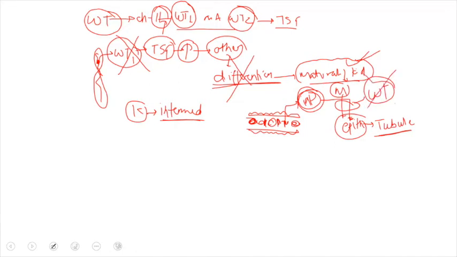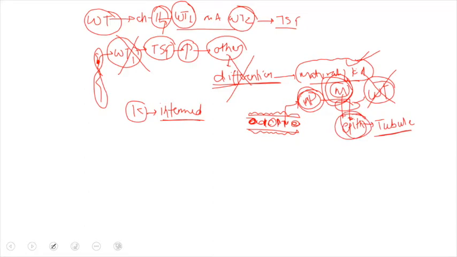And if there is absence of this gene, and this gene is a tumor suppressor gene, that will activate certain differentiation factors, and these differentiation factors will help in differentiation of the mesodermal component into the epithelial component, and because of this that will help in the development of the kidney and proper maturation of the kidney.